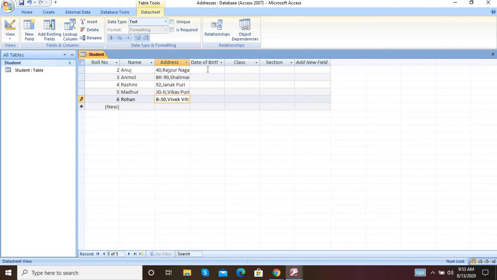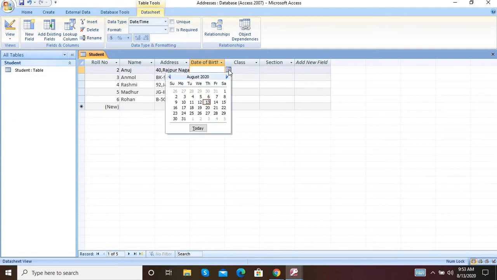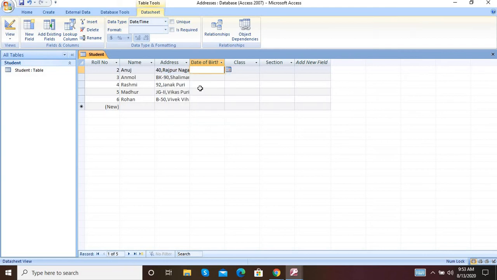Okay. Next is date of birth. See here, I am changing the data type to date or time, so the calendar icon will come here. So today, write the date. If you want, you can select the calendar icon and add the date, or you can type the date directly also. So 10/5/93.